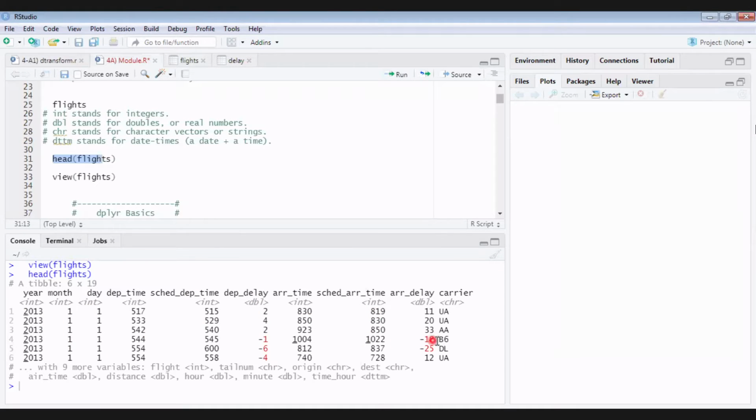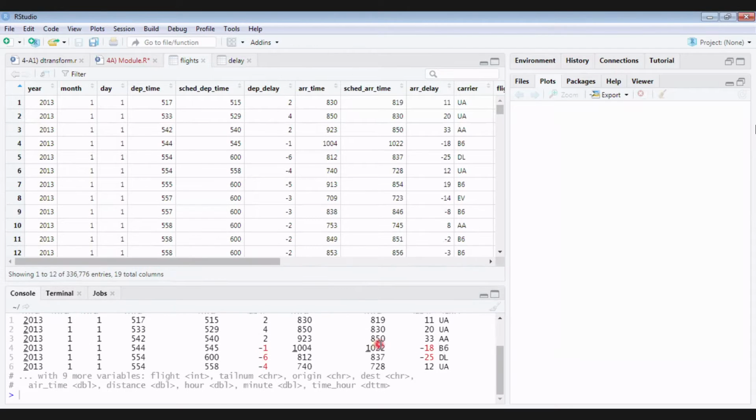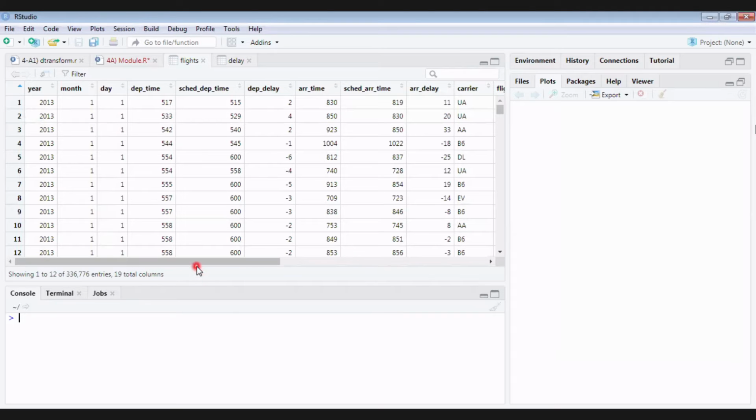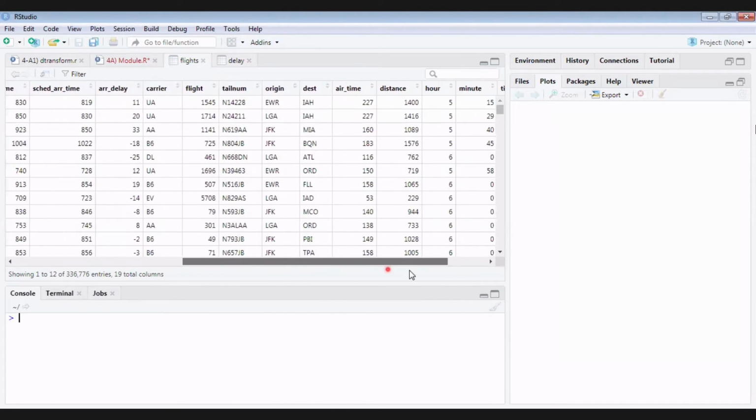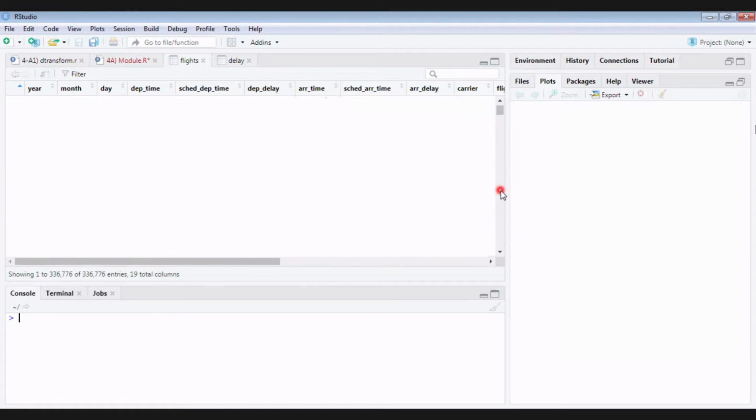It is showing 10 columns, and we have 9 more columns. To look at all those columns, you can use a function called View. When I run View flights, this is how my data is going to be opened. Here you can see all the 19 columns and all the rows, all the 3 lakh rows, everything you can see.